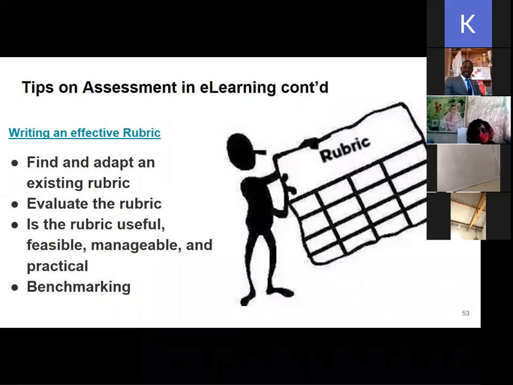And then try out the rubric. Trying out the rubric is what we call the testing or the piloting. Apply the rubric to an assignment, share with colleagues, maybe faculty members or members of the same subject or in the same department, to see if this rubric can establish the minimum score needed for a student work to be deemed passable. So for example, maybe